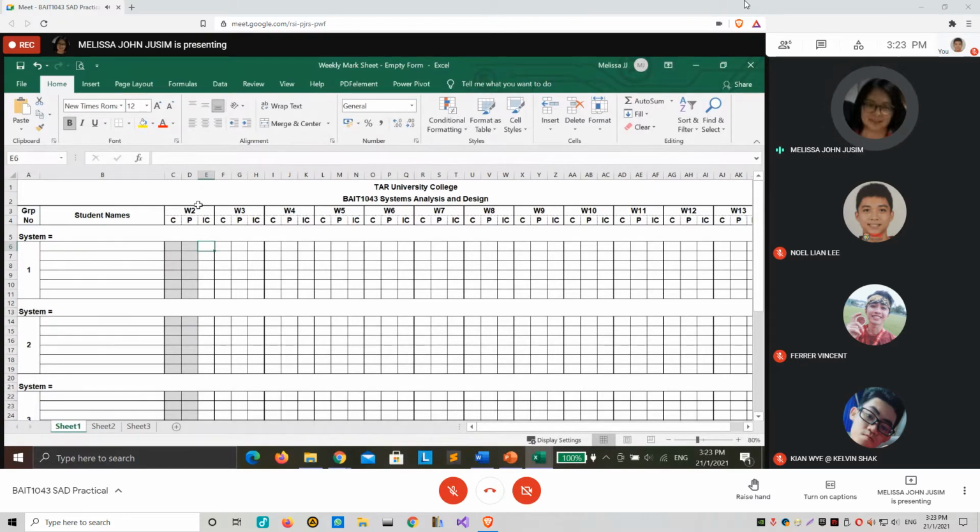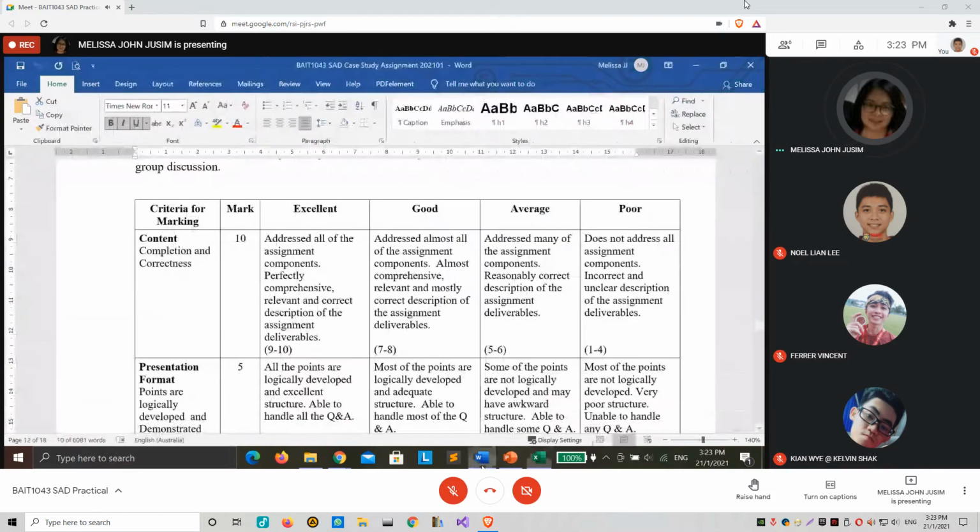Starting from week 2. So starting from week 2.